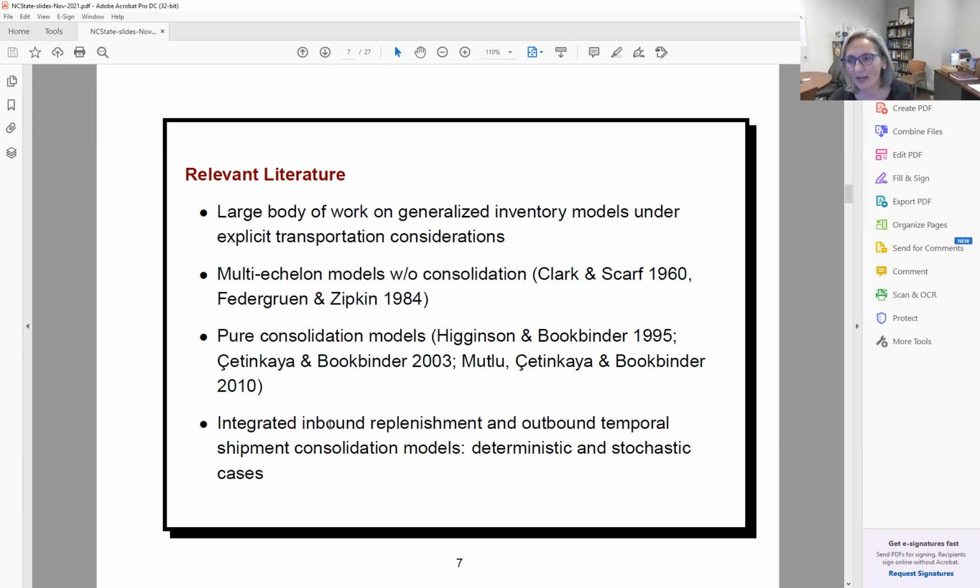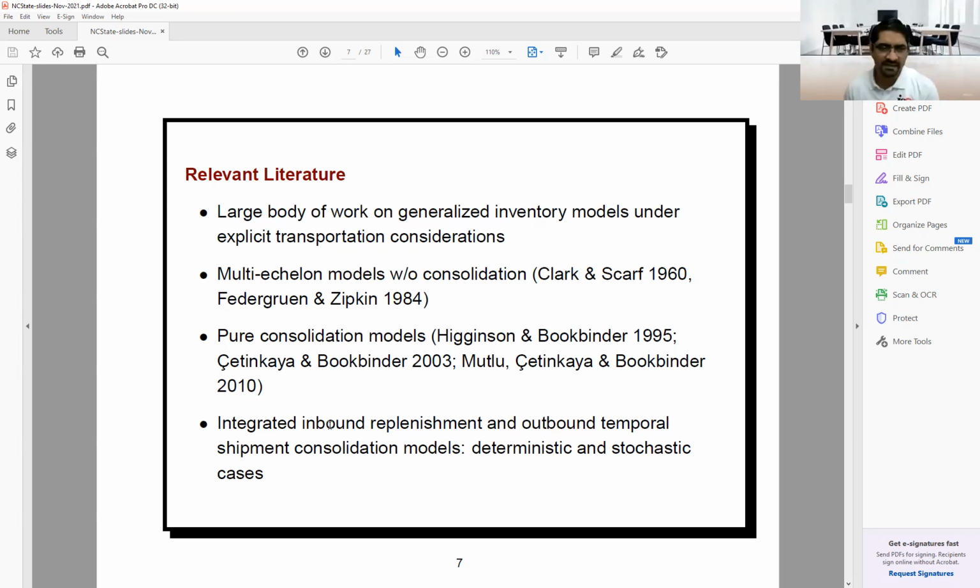We can characterize the demand of the market area. We are sending a consolidated shipment to the market area, but I am focused on the impact of the explicit shipment consolidation effort on the inventory policy, and it's not an inventory routing problem. It is closely related to inventory routing, but we don't have the routing optimization part embedded in it. We have the inventory and shipment consolidation policy optimization sides embedded in it.